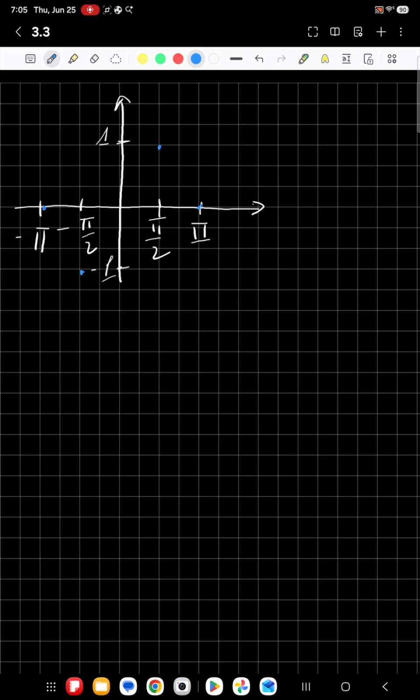So it goes something like this. Well, whatever, I'm not going to redraw it. It shouldn't go below negative 1. And here maybe it should go a little bit higher. Anyway,